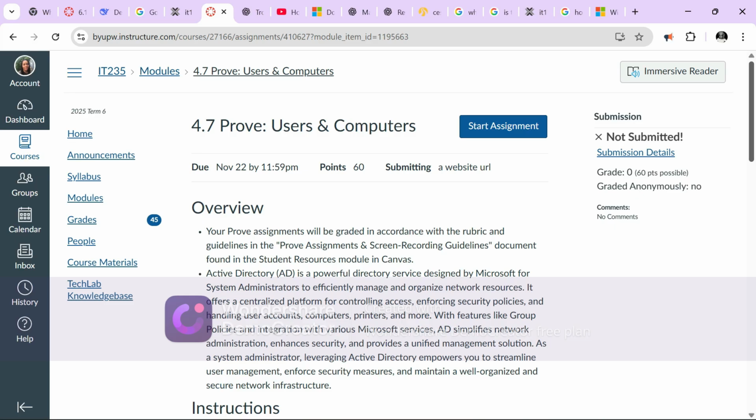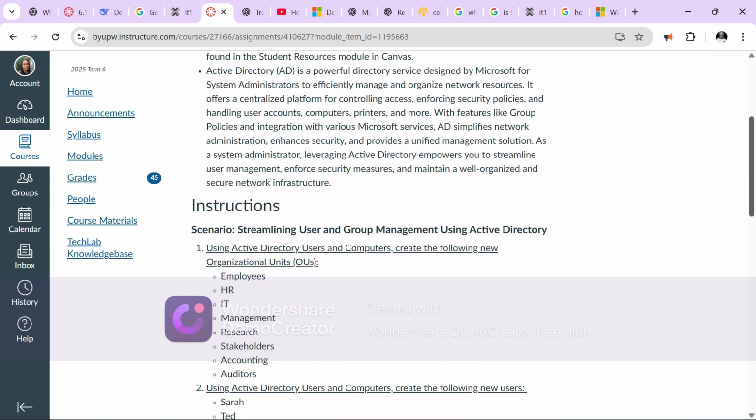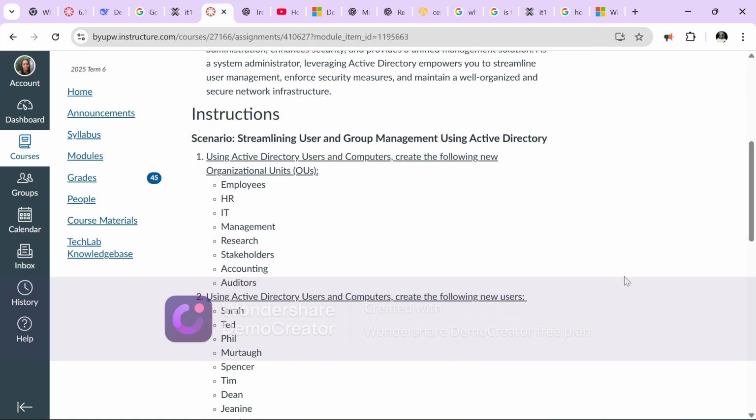This is week 4, and we're about to do assignment 4.7, which says Prove Users and Computers. So, without further ado, this is just an overview of the assignment we're about to do. Now the instruction here is